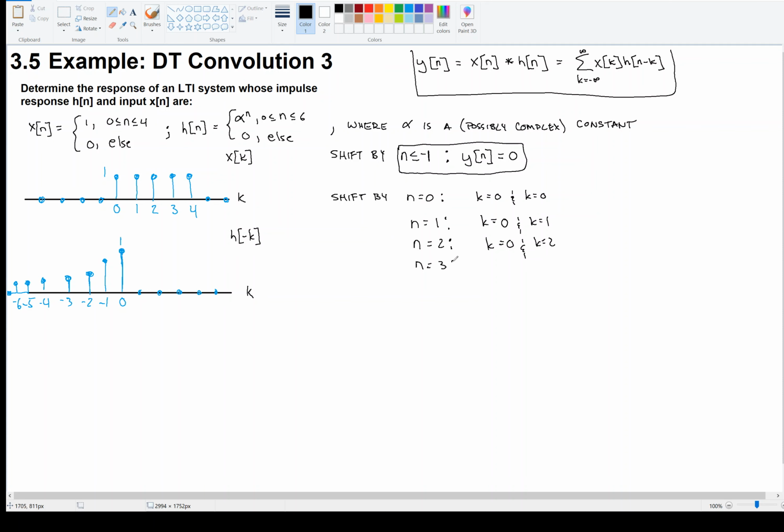If I shift it by 3, the non-zero overlap is k equals 0 to k equals 3. So do you see a pattern here? You should. Now, if I shift by 4,